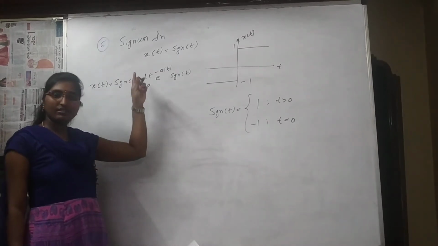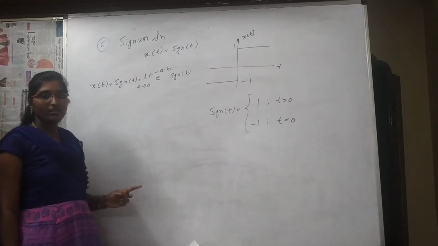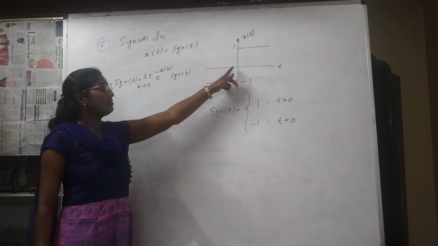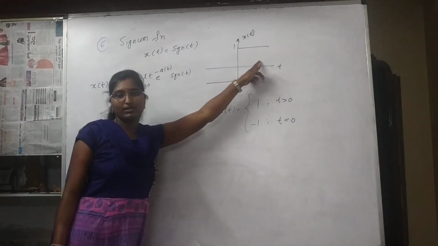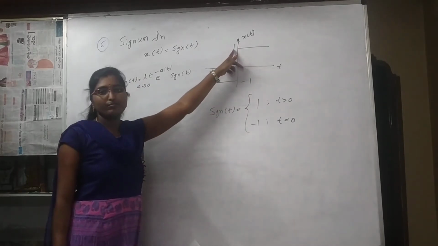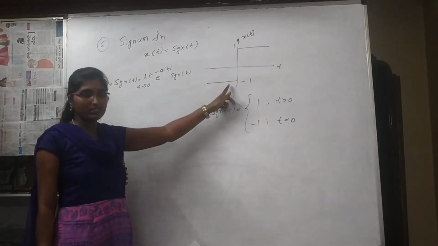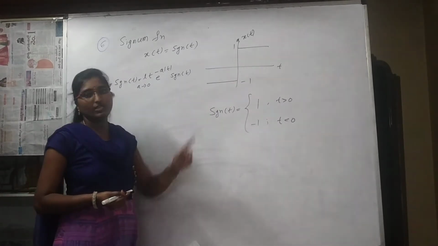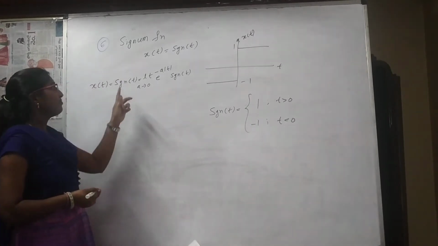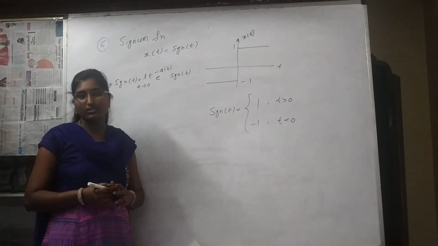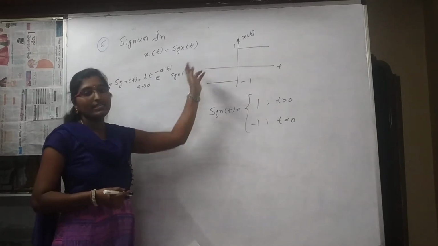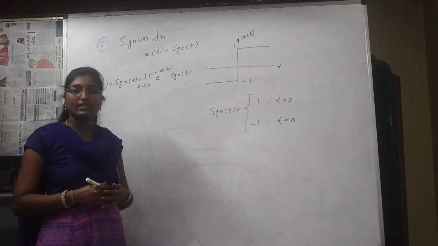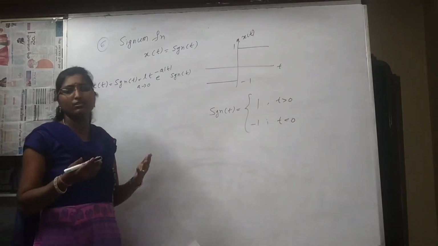And the next Fourier transform is signum function. And you know this is also one of the standard signals, right? How the signum function will look like? The signum function for the entire positive axis of t, the value will be 1. For the entire negative axis of t, the value will be minus 1. If t is equal to 0, there is some uncertainty for signum function. It is also not absolutely integrable because it is extending up to infinity. So we can't do integration. That's why we cannot go for the direct Fourier transform, and we need some alternation for that.